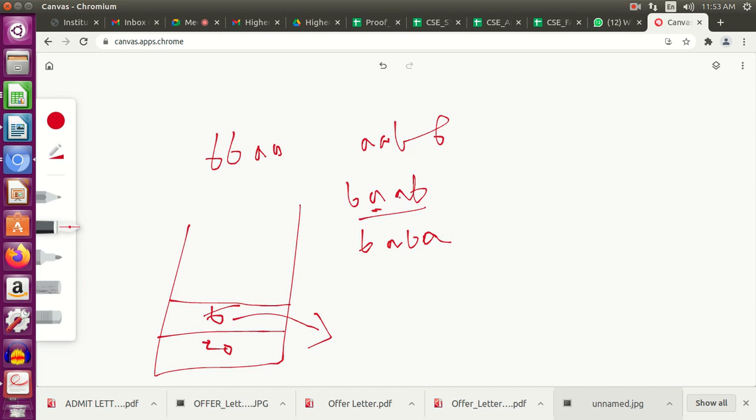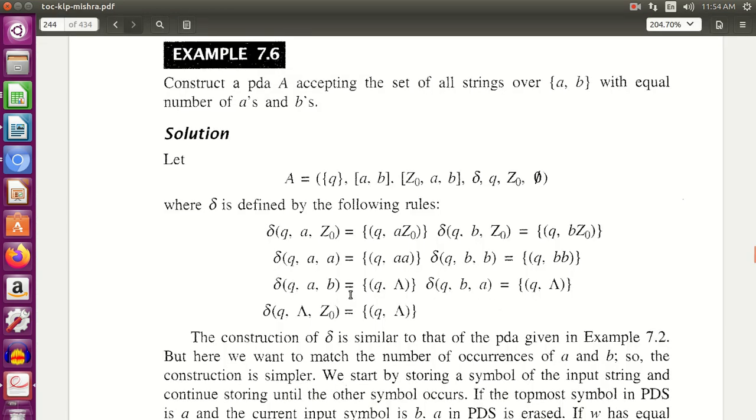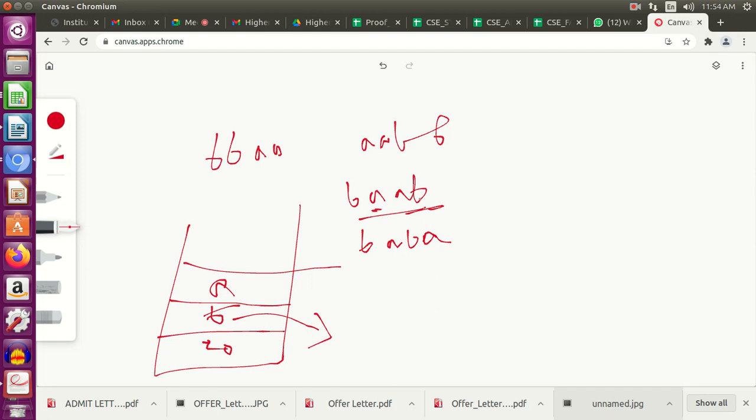Next what will happen? I have an empty stack because B is already popped. I'm getting an A, I'll just push the A. Next I'm getting a B, so my top of stack is A, I'm getting a B, so I pop the A. Once I get this B, I'll pop this A and I'll be left with an empty stack.